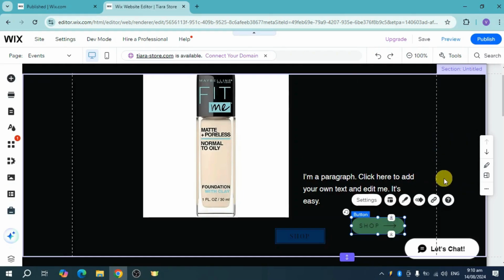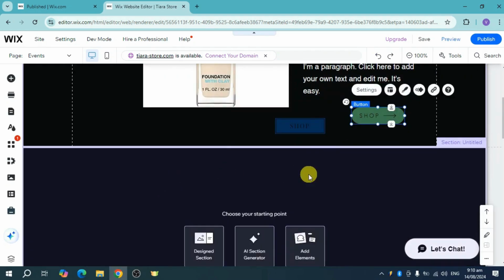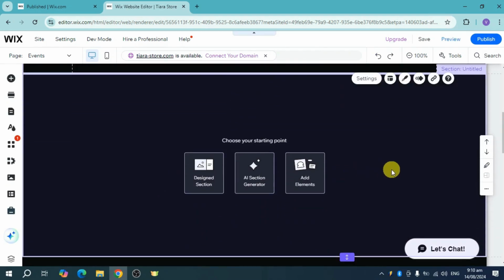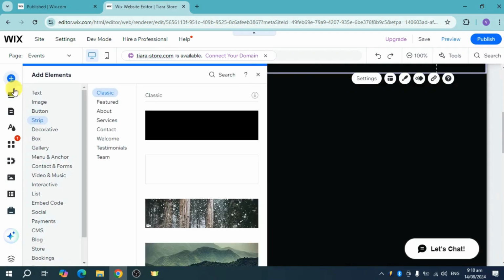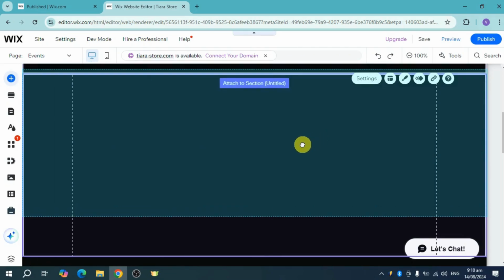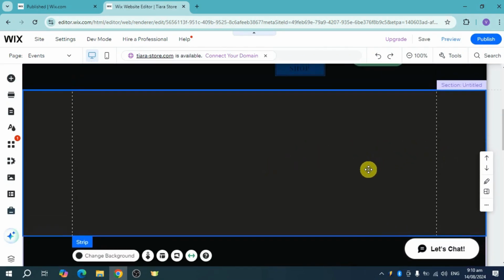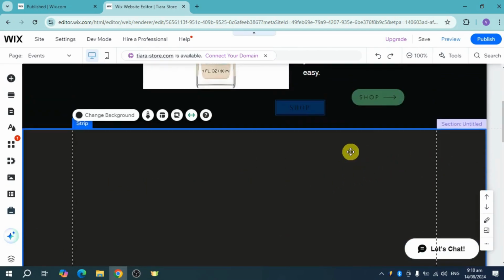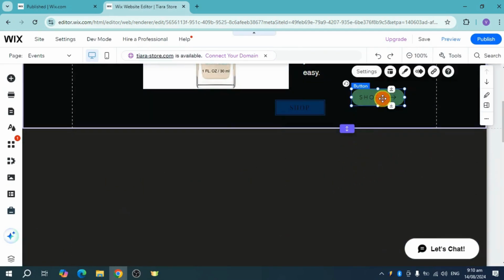So in order to actually bypass it and put objects around it, I have put it right here, a new section, and I'll head over and click on this plus, which is the add elements option. Just choose the strip and then just choose any strip that you want, and I'll just drag them right around here. Now, on this strip, the margin will not apply,